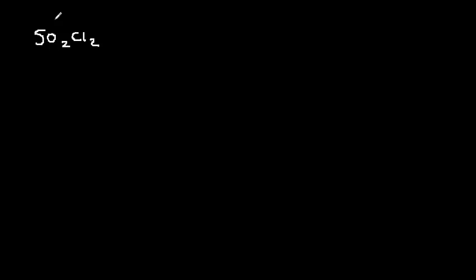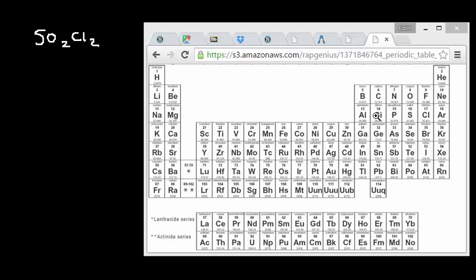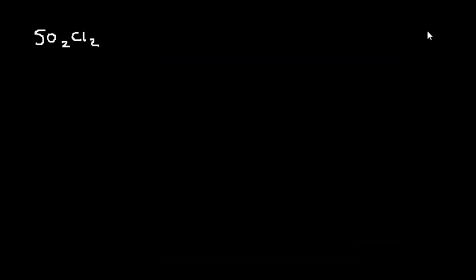Is this a metal or a nonmetal? Well, let me pull up a periodic table, right? Okay, so sulfur is right here. This is a nonmetal. It's on the right side of the staircase. Oxygen's our next one. Oxygen is also a nonmetal. And then we've got chlorine. So chlorine is also a nonmetal. If we've got all nonmetals, these are covalent bonds. So this one right here is going to be covalent,